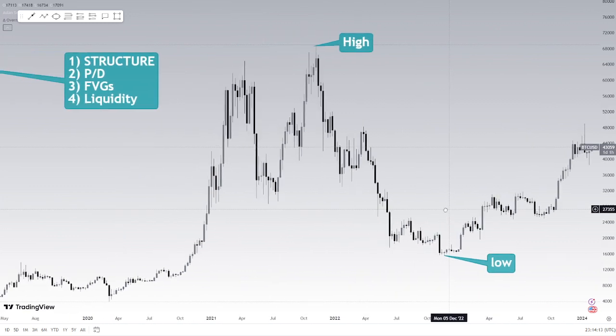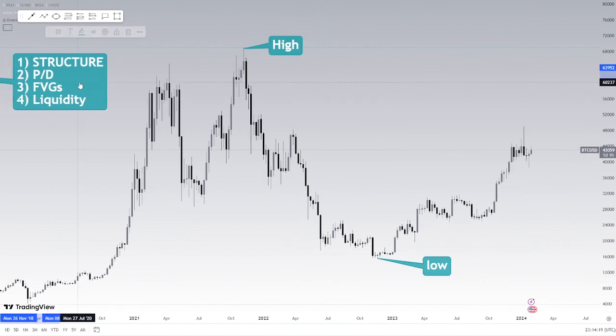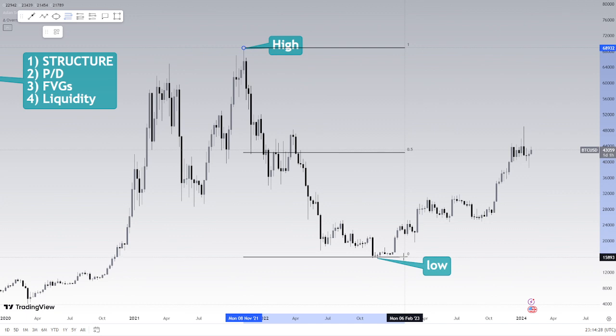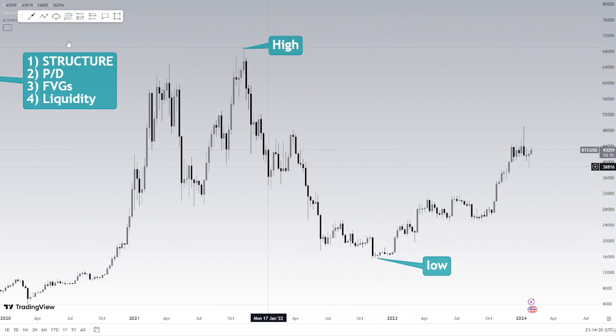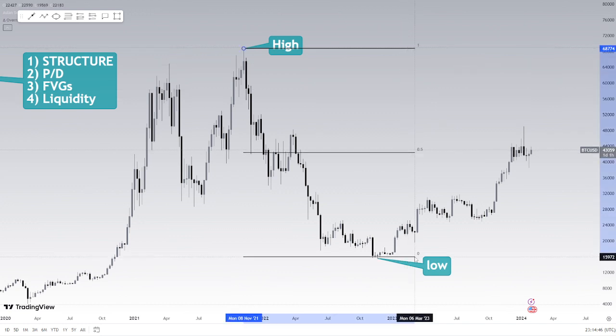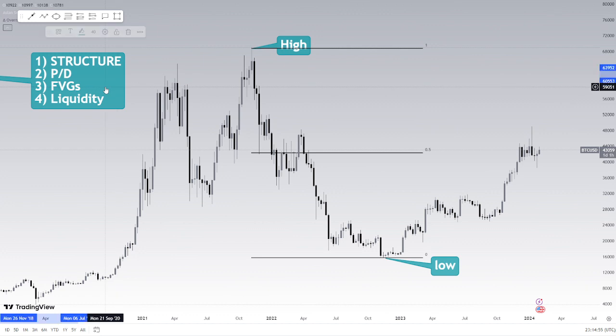So again, we're going to be using the Fib tool here, the Fibonacci tool, and it's very simple. You only really need two numbers to actually do this properly. You only need even one number to do this, but let's have a go. You want to draw the Fib tool from the swing high down to the swing low over here. Let me repeat that again, just so people have that in their brains. This is how you use the Fibonacci tool when you want to identify premium and discount arrays. You want to start off from the swing high, and you want to project the Fibonacci tool down to the swing low. Notice how we haven't got all the numbers over here, so if I just bring the settings up, these are my settings. You need 0, you need 1, and you need 0.5. 0.5 is going to be very important to us.